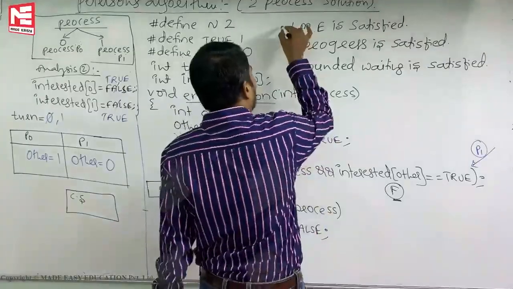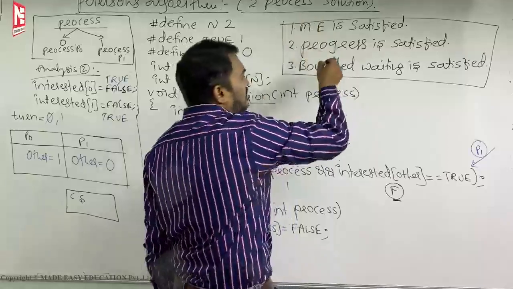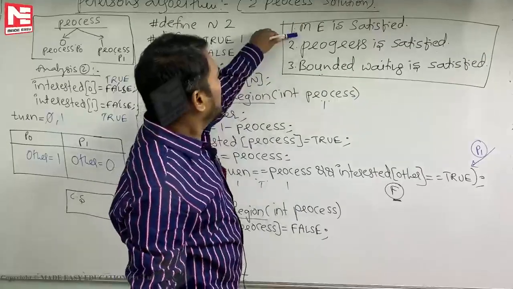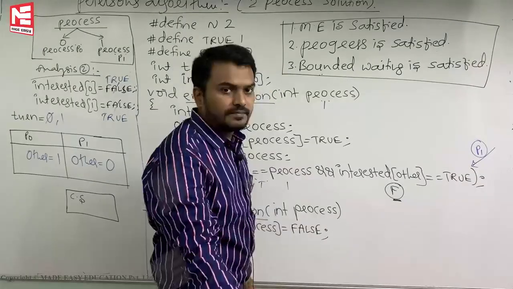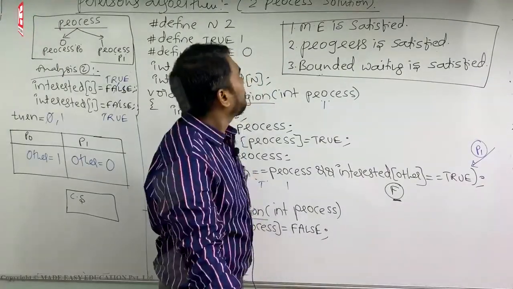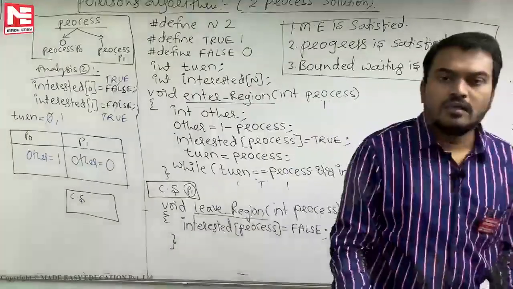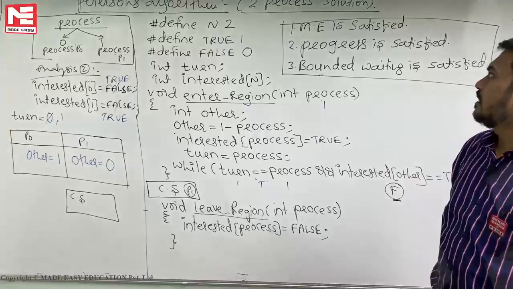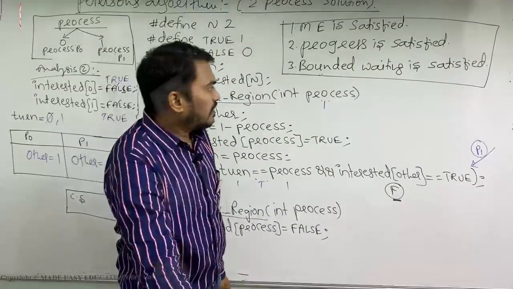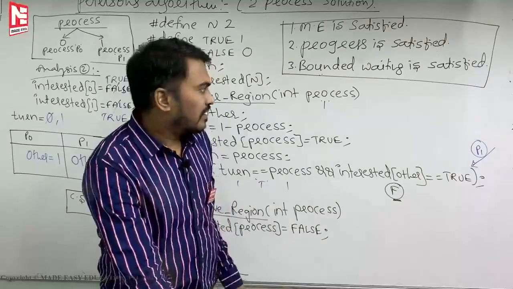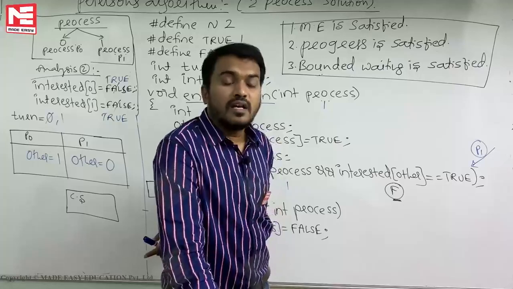So understand here. These three conditions are satisfied. Okay, please copy this: mutual exclusion satisfied, progress satisfied, bounded waiting satisfied. If you have not copied, then please pause the video and note down the statement. We have proved